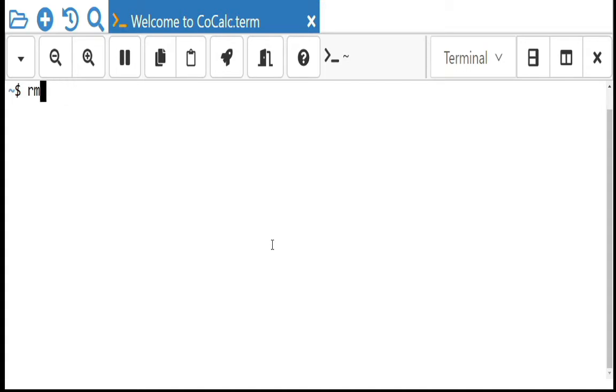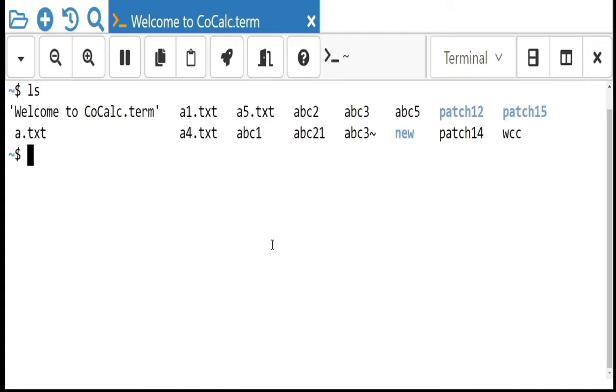Then recursive deletion, which is very important. For recursive deletion, first check the new folder. We have one folder with the name new. It has two files, a.txt and b.txt, that we are seeing here. Now I want to remove the directory new, meaning the contents will get deleted there.